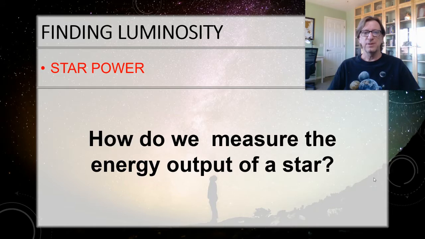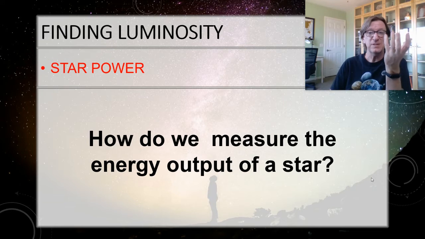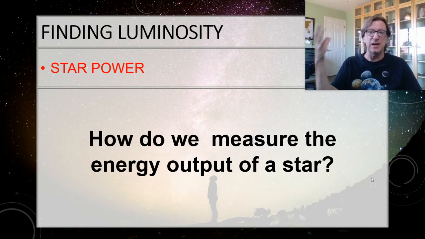We want to measure how much energy that star is putting out because we never lose sight of our goal. We want to find a habitable alien world. We want to find aliens we can talk to. So I need to know the temperature on the planet. The planet gets all of its heat basically from its star, so to know how hot the planet will be, I have to know how hot that star is going to be. So I need to measure that energy output.